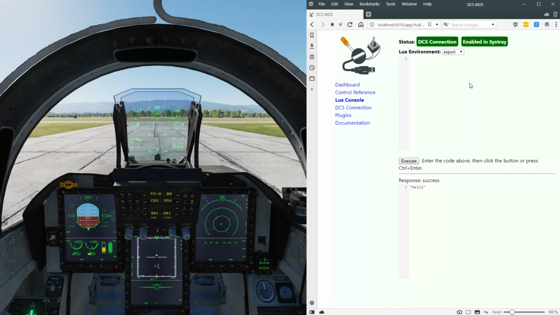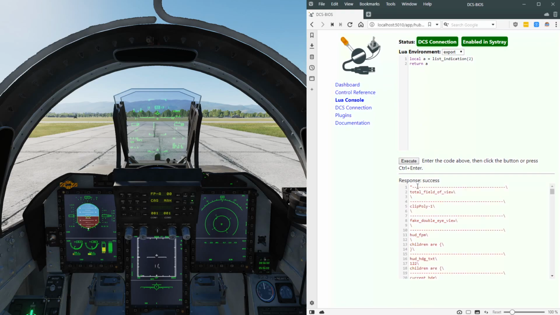So module data can be gathered from the list indication objects, which in this interactive Lua console we can just experiment to see what is included for the JF17. So with DCS running, let's try stepping through the numbered list indication indices to see what they contain. First, let's create a variable, just call it A, and set it equal to the list indication for 1 and return that variable. So for this, there's nothing included. But if we go to 2 and execute, now we'll see quite a bit of data that's been exported all